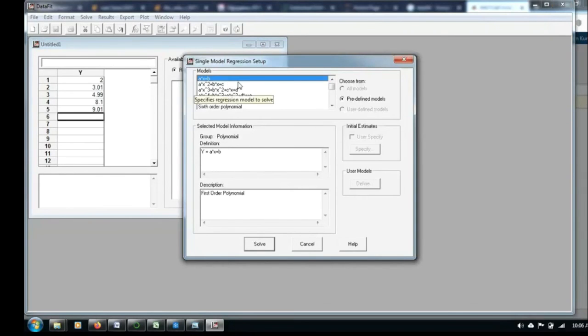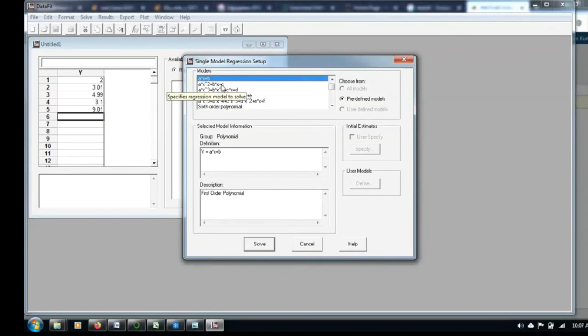And then it is asking the options, like, do you want a first order polynomial? See, ax plus b is a first order polynomial. y is equal to ax plus b. Now, in our example, just like Pawan told, y is equal to x plus 1. In that way, the a value and b value should be equal to 1 and 1, approximately. But because the values which we give are not exact values, they are not exactly 2, 3, 5, they are slightly away from the actual values, like 3 means 3.01, 5 means 4.99. So this a and b will be very close to 1, not exactly 1. That is what we know already, and let us check.